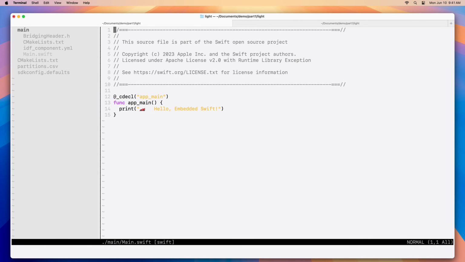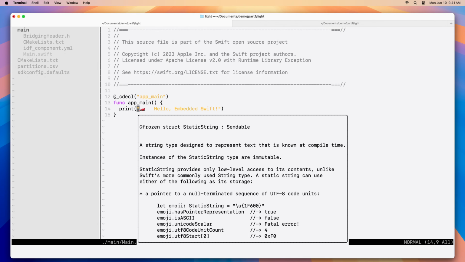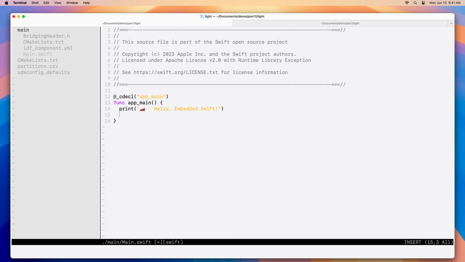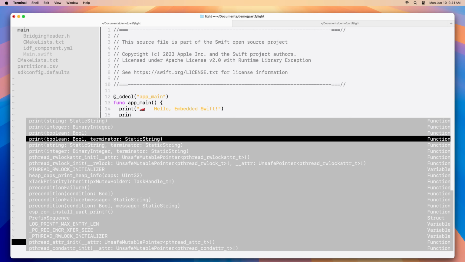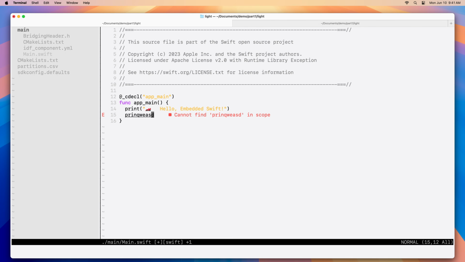Let's go back to my Swift source code. My editor has LSP integration, so it shows me the definitions and documentation for functions and types I'm using. It can give me rich and semantical autocompletion, and if I write code that doesn't make sense, I get immediate errors and warnings telling me what's wrong. Let me now plug in the device.